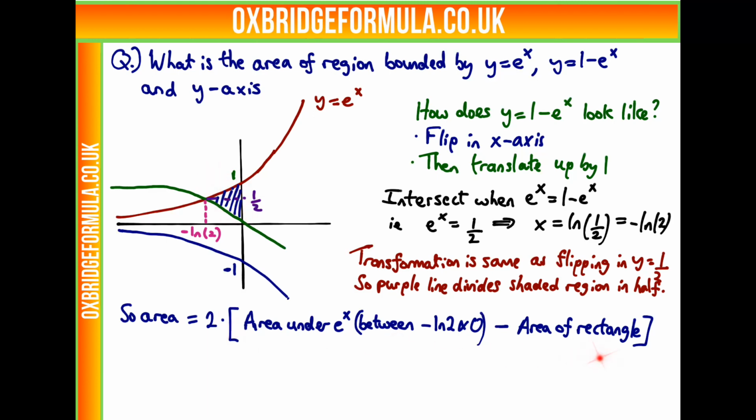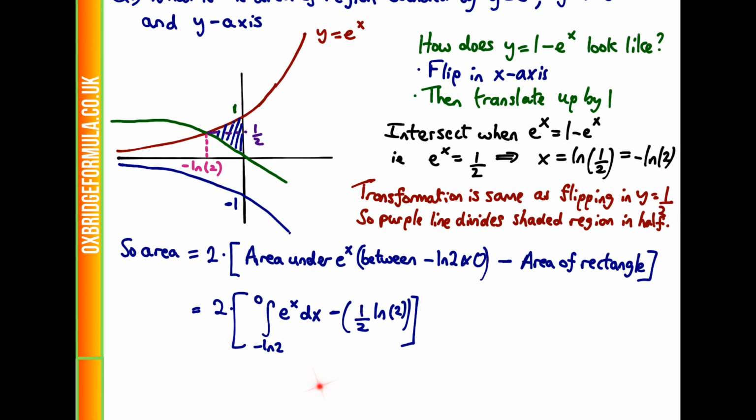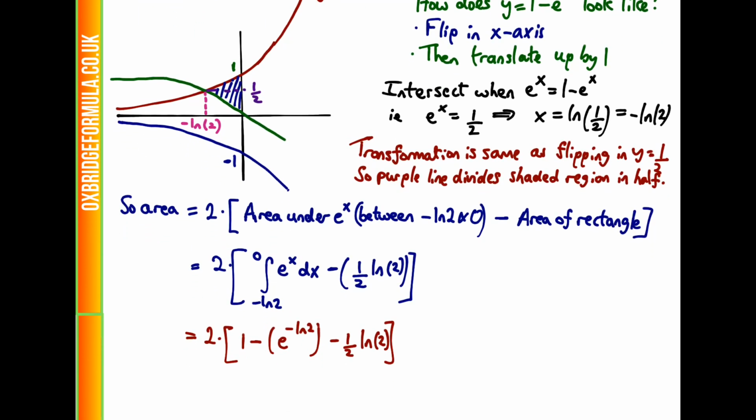So computing this bit is precisely the integral of e to the x from minus log 2 to 0. And the area of this rectangle is base times height, which is minus log 2 times a half. So doing this, we can evaluate this integral to be equal to 1 minus e to the minus ln 2, because the integral of e to the x is itself. And then evaluating this, we can read that e to the minus ln 2 is exactly a half. And simplifying this gives us exactly 1 minus log 2. So the answer is